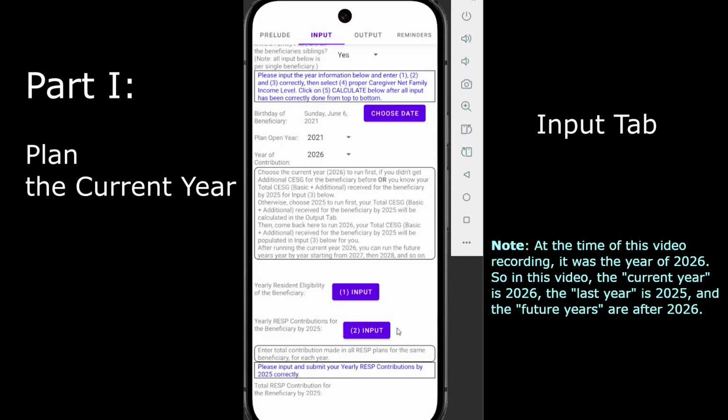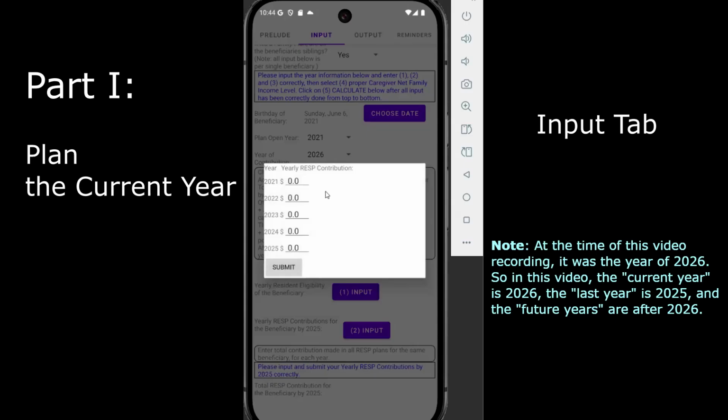Now, let's enter the yearly RESP contributions for the beneficiary by last year. For each year, enter the total contribution made in all RESP plans for the same beneficiary.